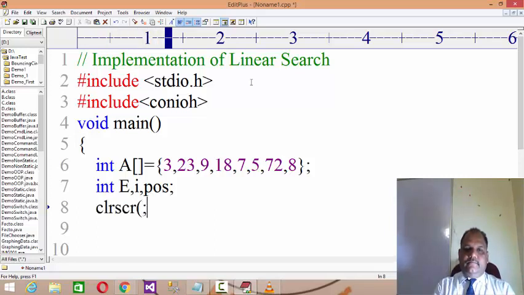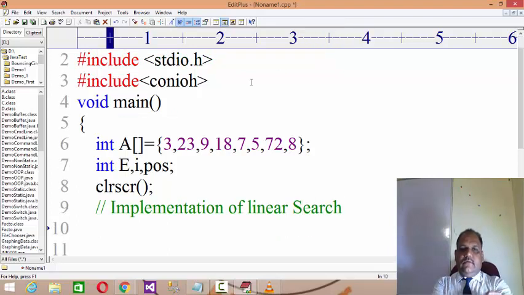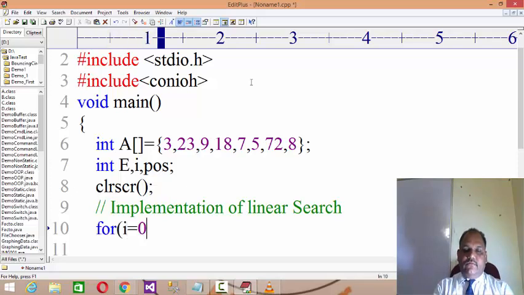Clear the screen. Here you write the logic, the implementation of linear search. While implementing linear search, you have to set the counter like for I equals to 0, I less than n. What is n? The size of the array, I plus plus.